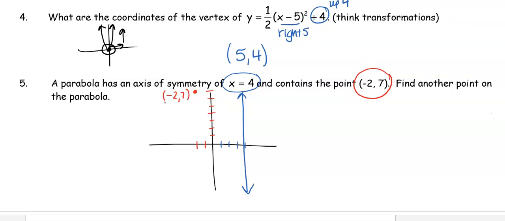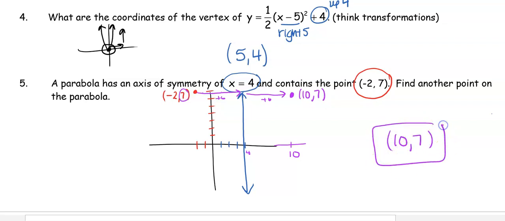If this is a true parabola, I have to have the same point on the other side. So it's just like doing a reflection from geometry last year. I count over 1, 2, 3, 4, 5, 6. So it's 6 points away from my axis of symmetry, so I need to go 6 more on the other side. If I'm at 4, I'm now going to be at 10. So my other point, when I reflect, all I did was change that x value. I'm still at 7. So the coordinate of my new point is going to be at 10, 7,